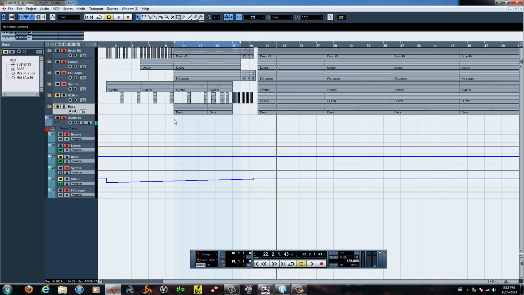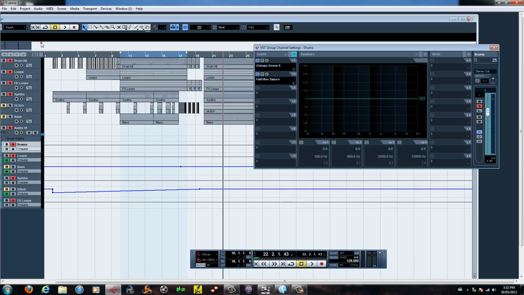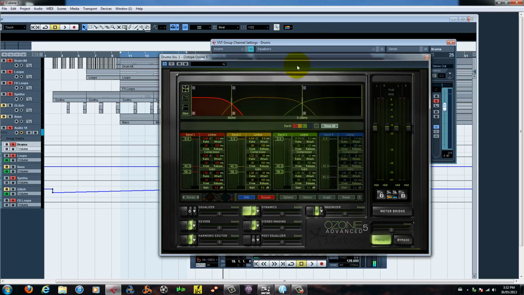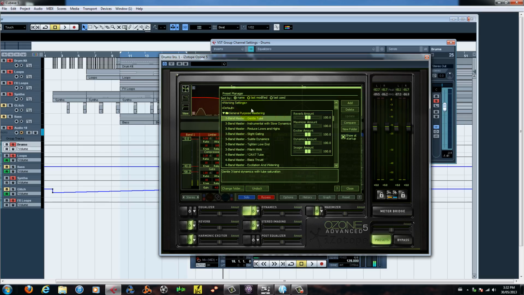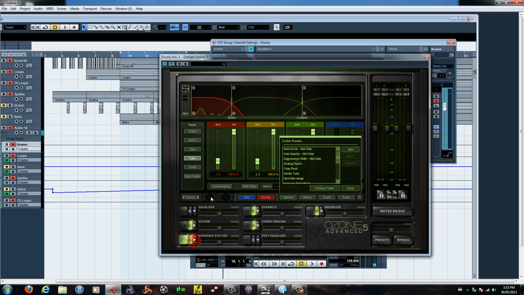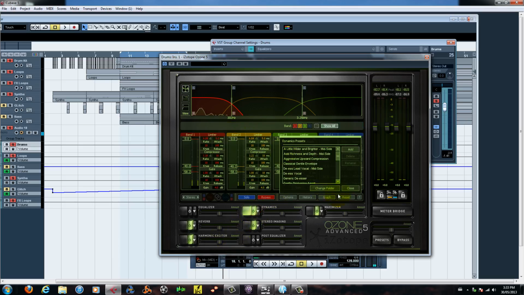Now, let's go to our group tracks for our drums. I've added iZotope Ozone 5. And with this plugin, I'm using the Gentle Tube preset, which is basically a little bit of reverb, harmonic exciter in the low mids, and slightly in the high mids there, and a little bit of compression. And if you look at the compression here, 1 to 1, 1.2, 1.1 to 1, so there's hardly any compression